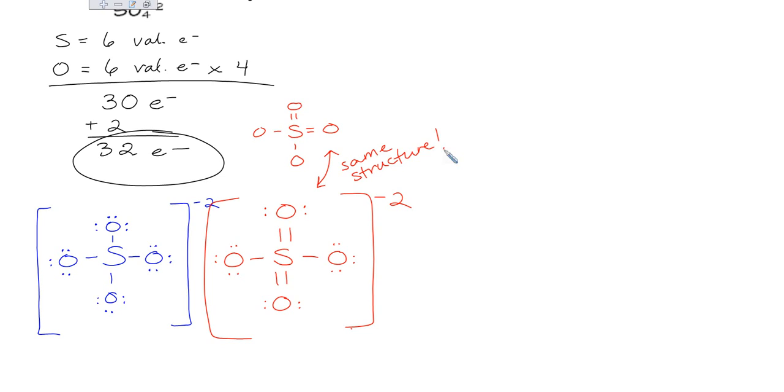I just did a little different arrangement of the double bonds and single bonds, and I got my 3 different structures. But actually, you only have 2 different structures, the blue structure and the first red structure. Okay, so now if we had to come up with a third one,